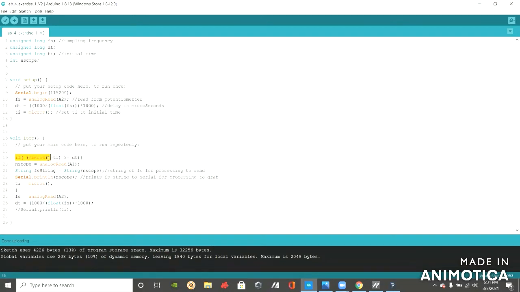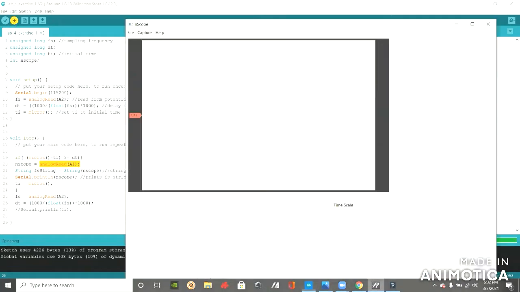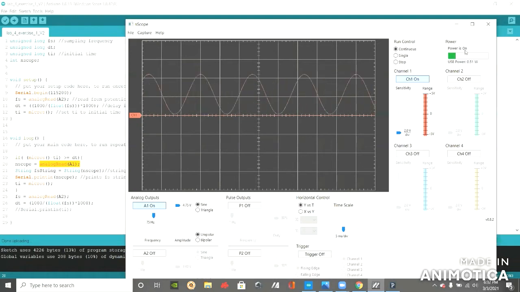Now I run this if statement. If the current time minus the initial time is greater than or equal to the delay, then it prints out the analog read, the value of the sine wave from ENSCOPE. And to prove that this works, I'm just going to upload this. I inputted a sine wave,